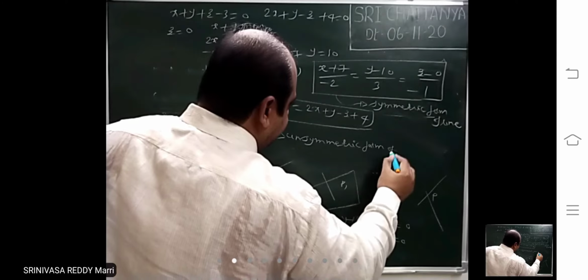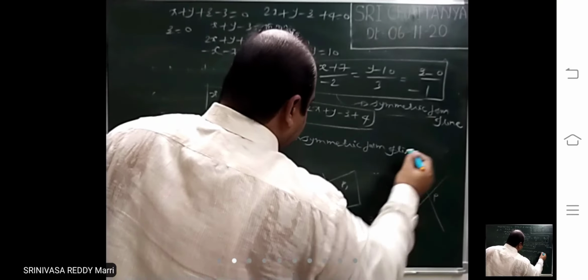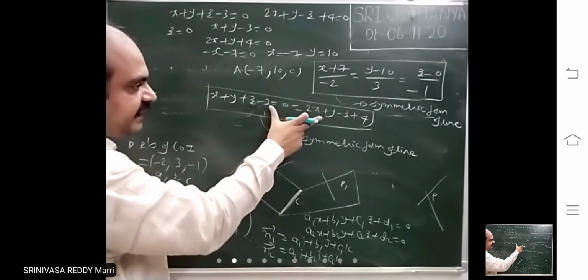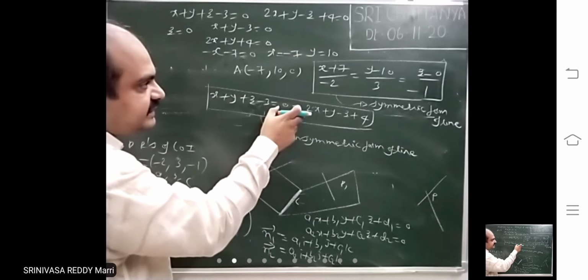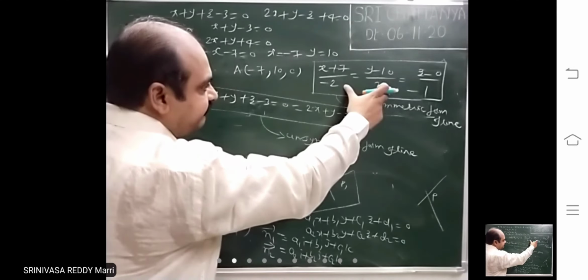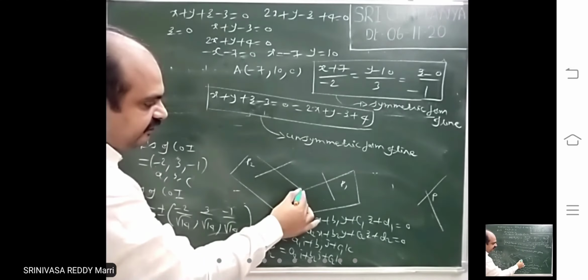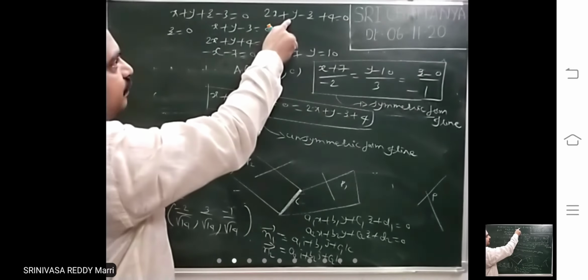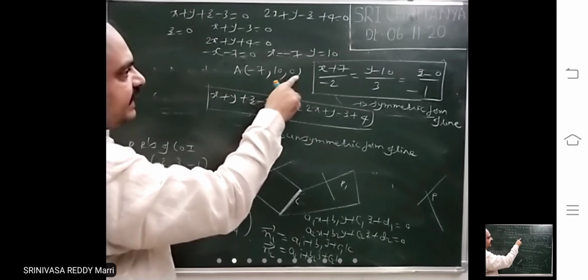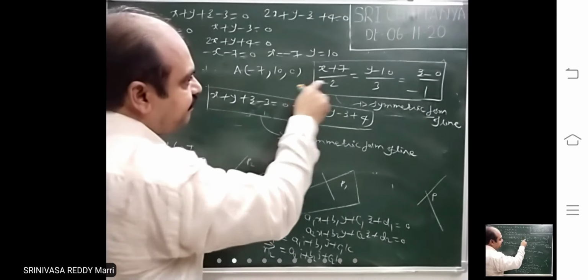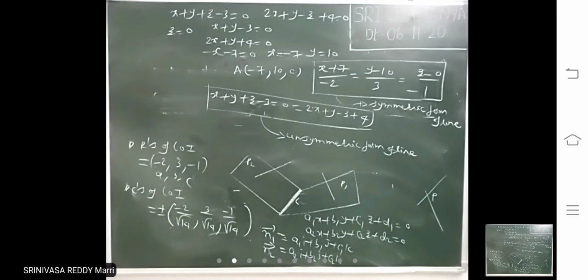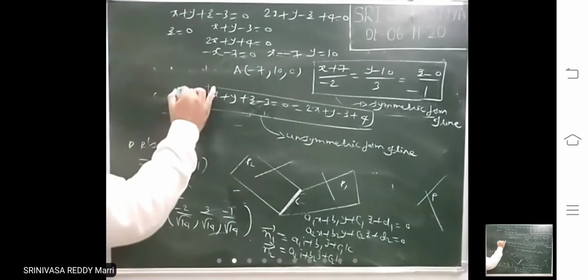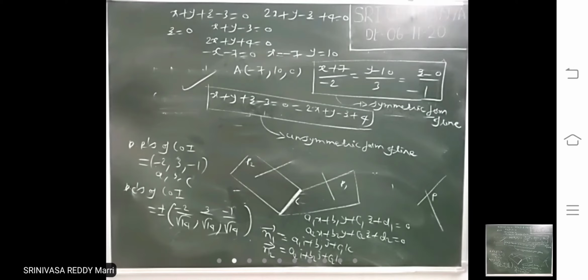Unsymmetric form of line, right? If the line is given like this, you can convert it into symmetric form, the standard form. How to convert? First we will find the DRs by using the cross product, then we will take the two planes and find a point on the line, and then write the symmetric form with that point and the DRs. He will give the line and ask you to convert it into symmetric form. That means you have to find the DRs and the point.